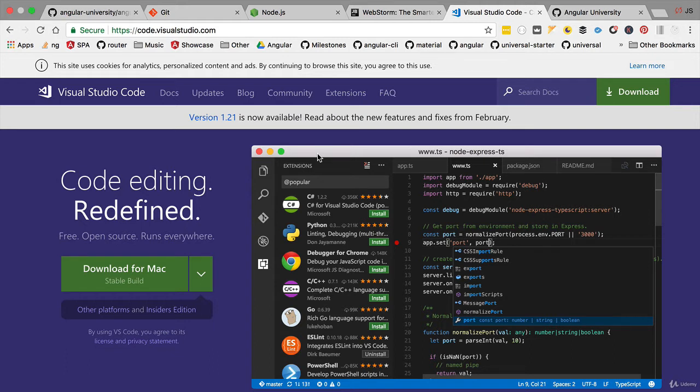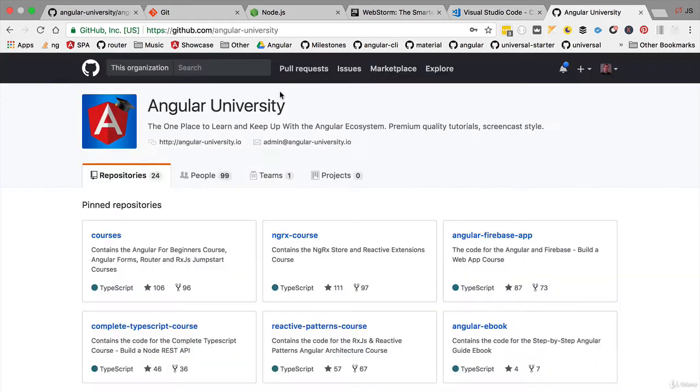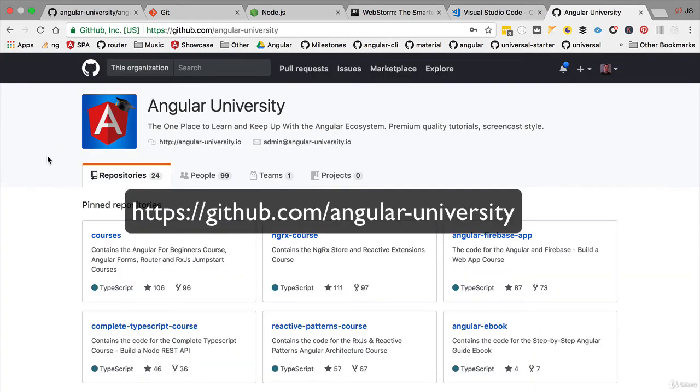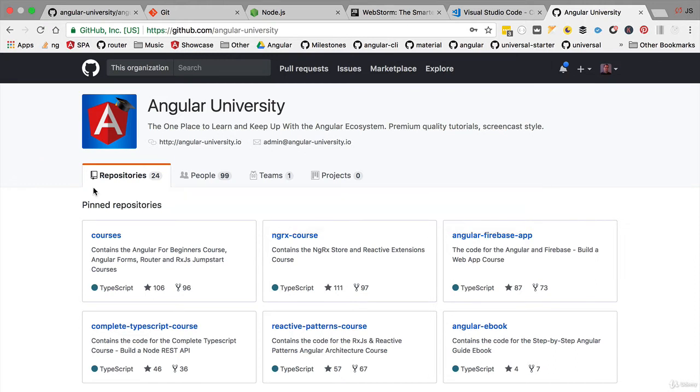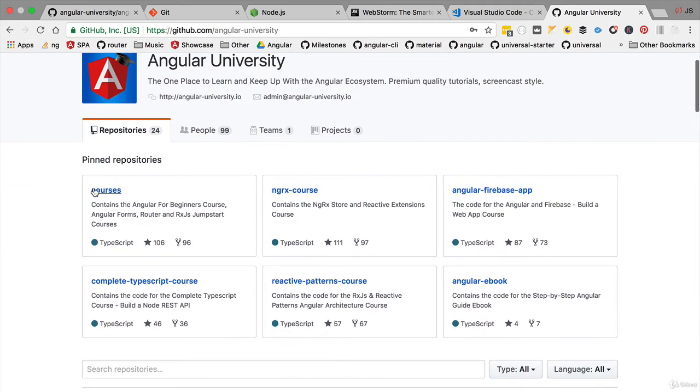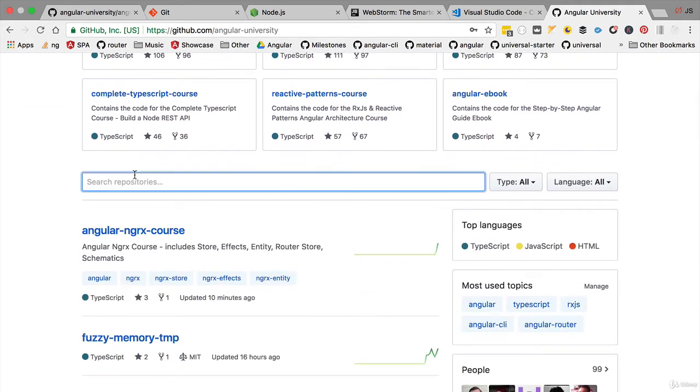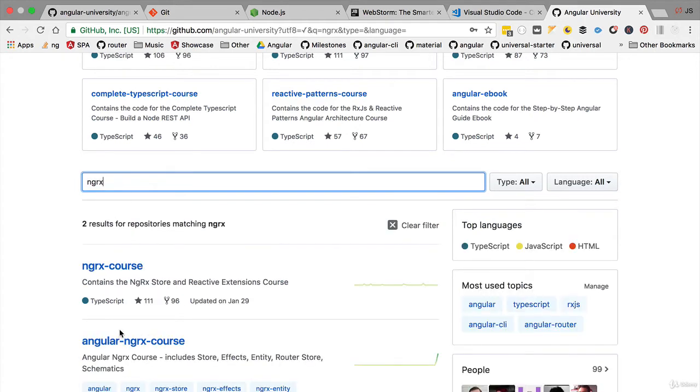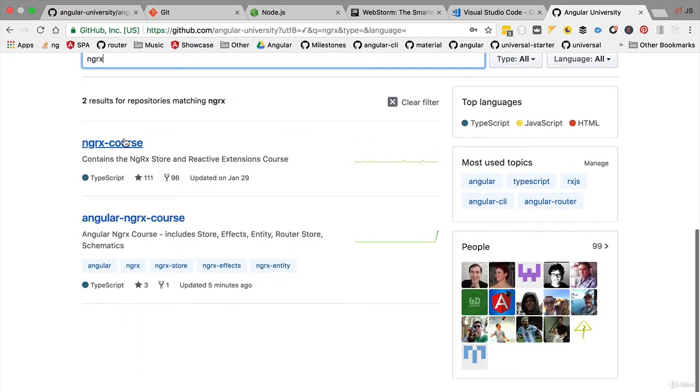Once you have Git, Node and an IDE installed in your machine, let's head over here to the Angular University GitHub page and let's start installing the lessons code for the first section. The first thing that we need to do is to locate the code repository for this course. So if we head over here to this search box and we type NgRx, you're going to see two courses here. So this is the previous version of the course. The one that we will be covering here is the latest version of the NgRx course. It's this repository here,